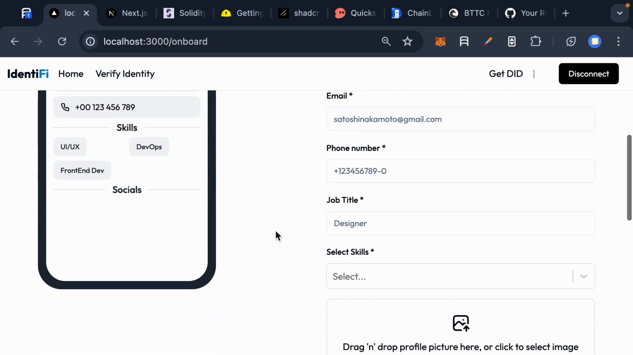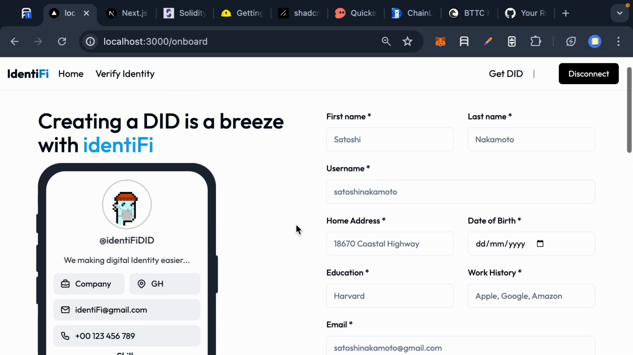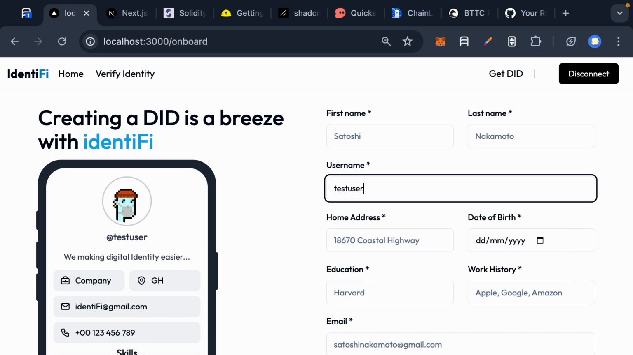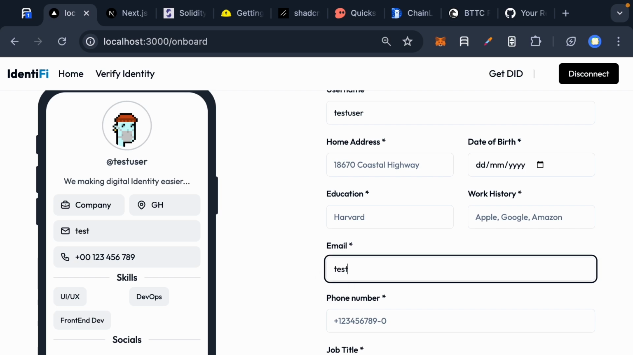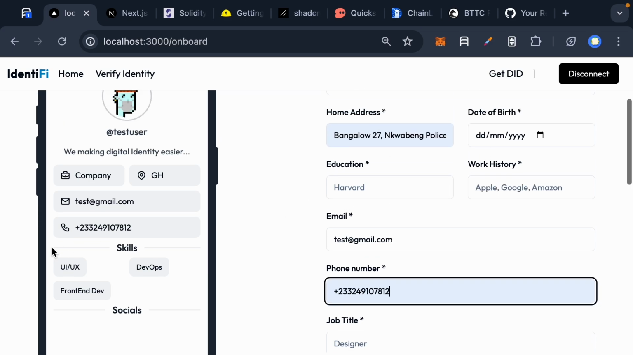We have a mobile mockup here which shows how your identity is going to look when you share it with your friends and anyone on the internet. The mobile mockup updates in real time as you type your details. So for example, test user gets updated in real time over here, and as you keep on adding the details, the mobile mockup gets updated in real time. So we can type test@gmail.com and it gets updated as well. Enter any phone number, it gets updated,